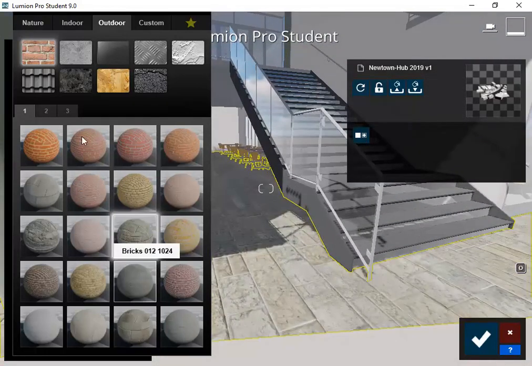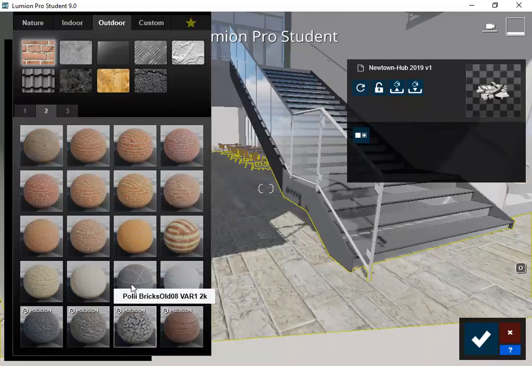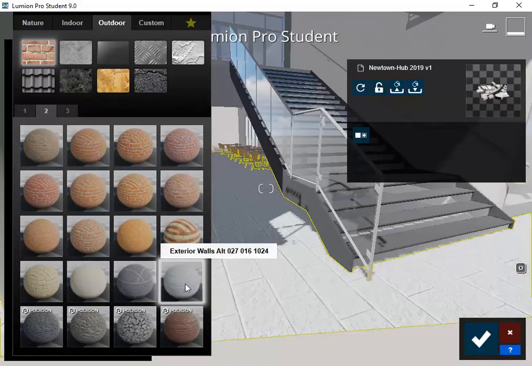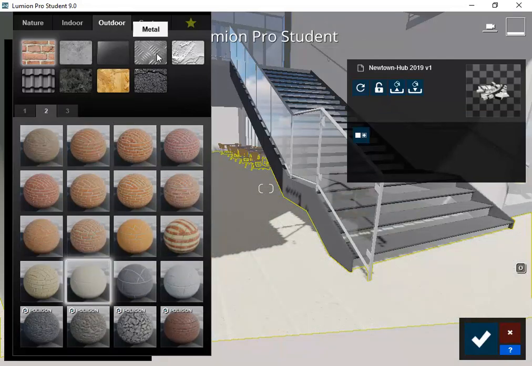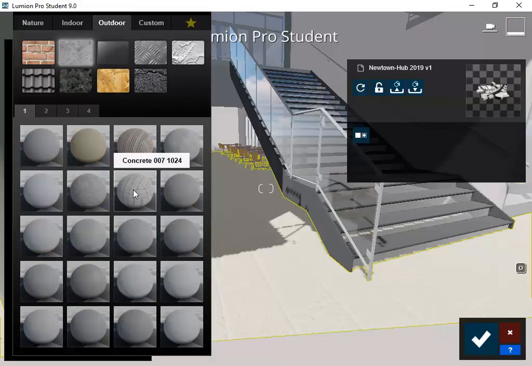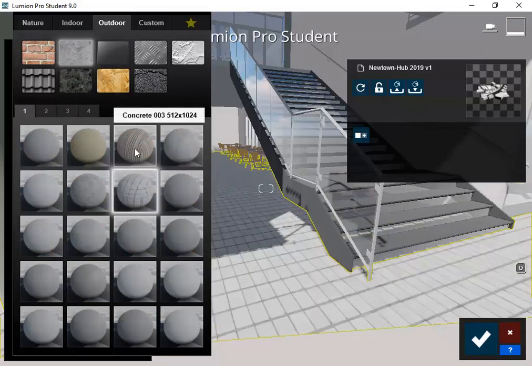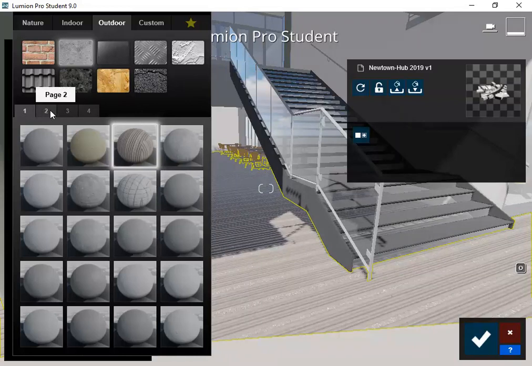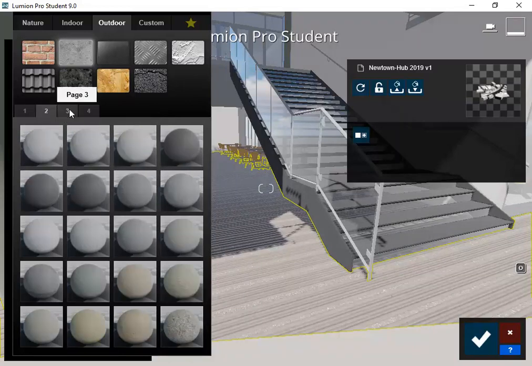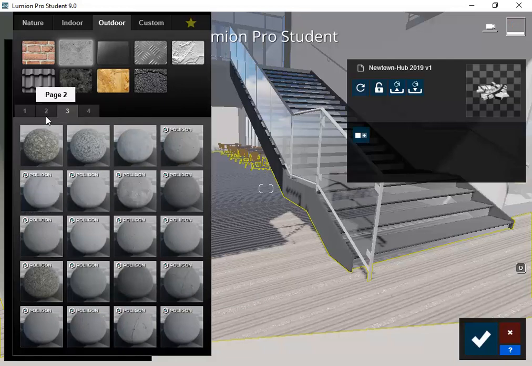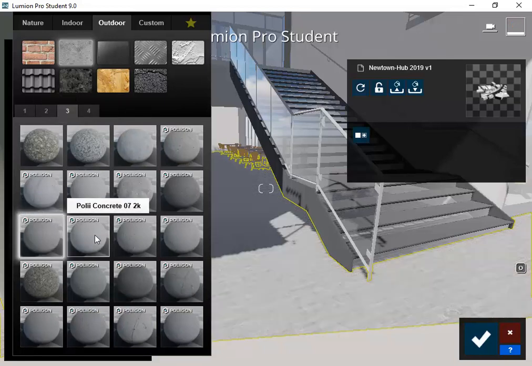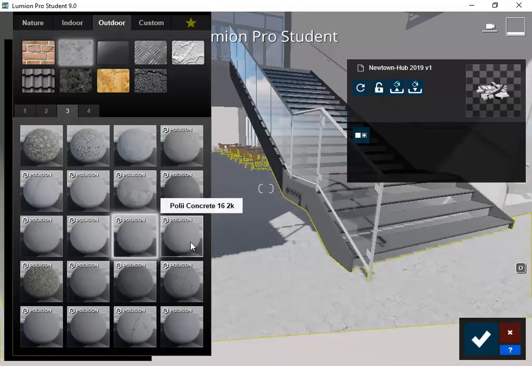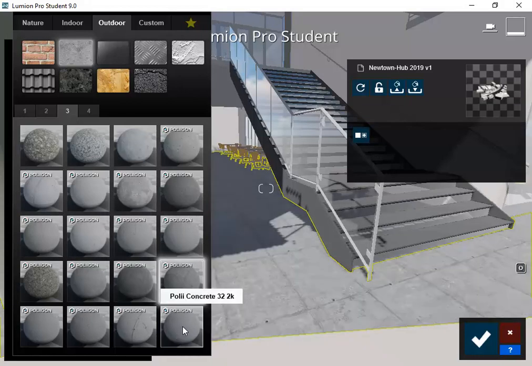Probably would have been some sort of pavers, but not one of these. Something better. They do have pavers somewhere. I thought it was in outdoors. Maybe in concrete, actually. So there. How they categorise the indoor and outdoor. Exactly, I know. It's a bit arbitrary, yeah. But you can just search through and find what you need. Yeah, I know. They're gaming people, they think about things differently. And yeah, so that's